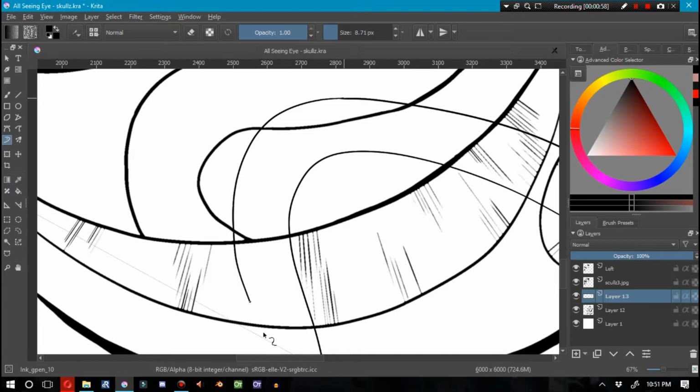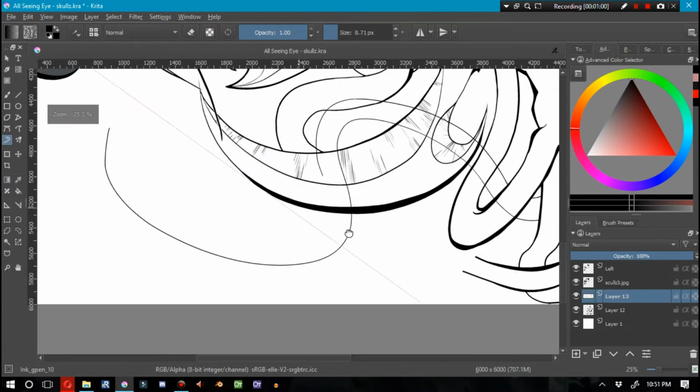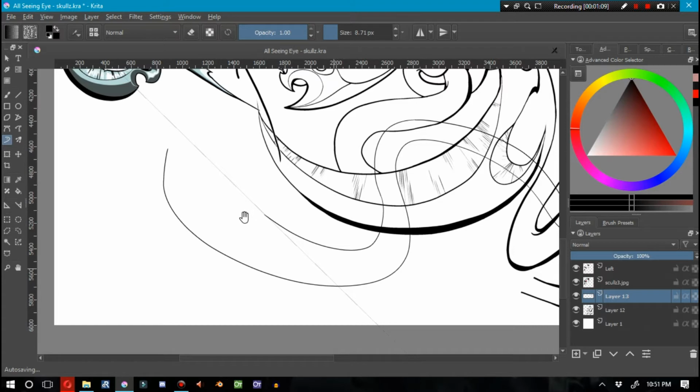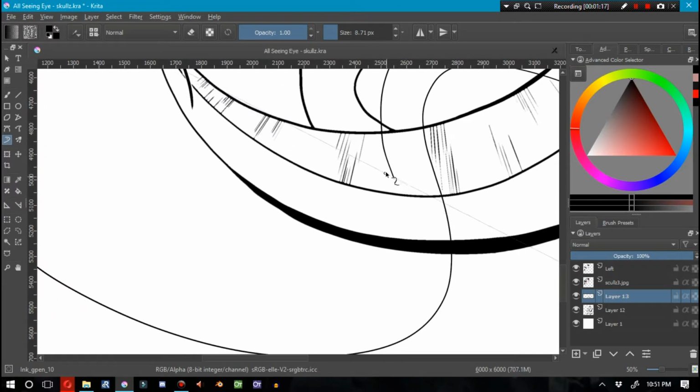Okay, now, yes, the cursor is ahead of where the line is being drawn, but that's because I'm using the dynamic brush tool. Inside of a previous video, I accidentally called it the Bezier brush tool, because I confused two different tools with another one. Okay, the dynamic brush tool has a huge amount of stability, and I really like it because, like, when I